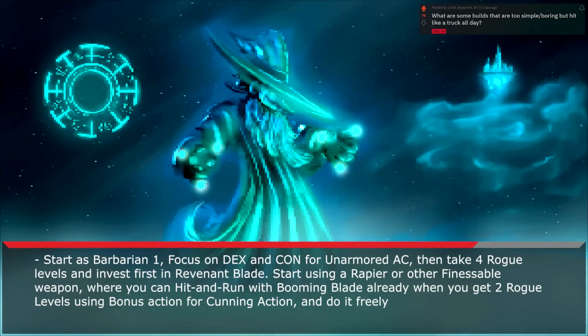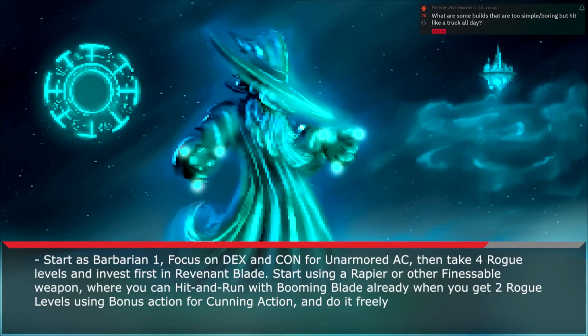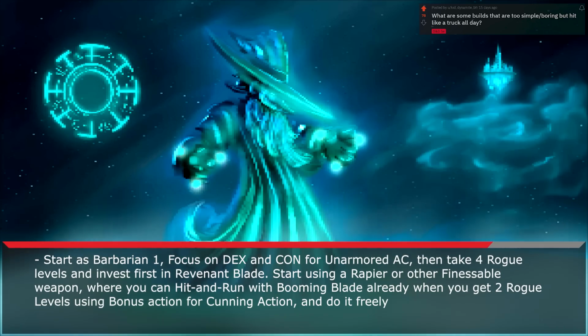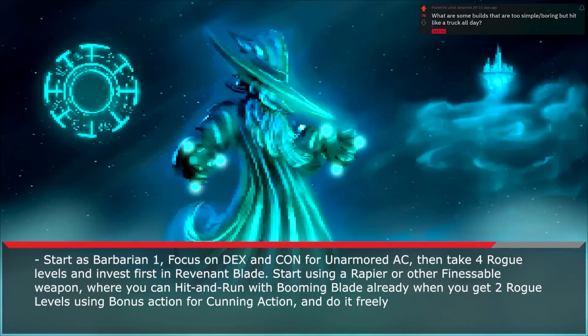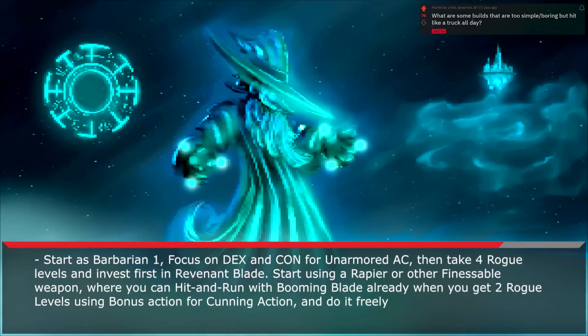Last but not least, start as a barbarian. Focus on Dex and Con for unarmored AC. Then you'll be taking 4 levels in Rogue and invest first in Revenant Blade. Start using a rapier or other finessable weapon where you can hit and run with Booming Blade already when you